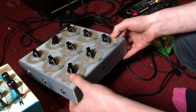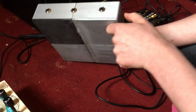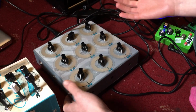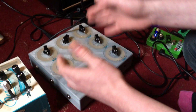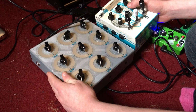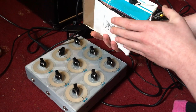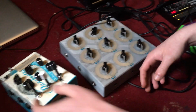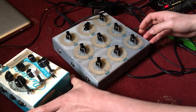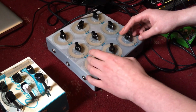I don't really see that as too big a problem, because I was already thinking of changing the connection for the modular, so maybe like a snap connector, so if I was to build another one of these, it would just snap on. However, it was suggested that maybe jack connectors are the best way, because you'll always have a jack lead about. This might make it a bit messy and confusing, but yeah, I'm really happy with the design. Hopefully I can get building a second one,